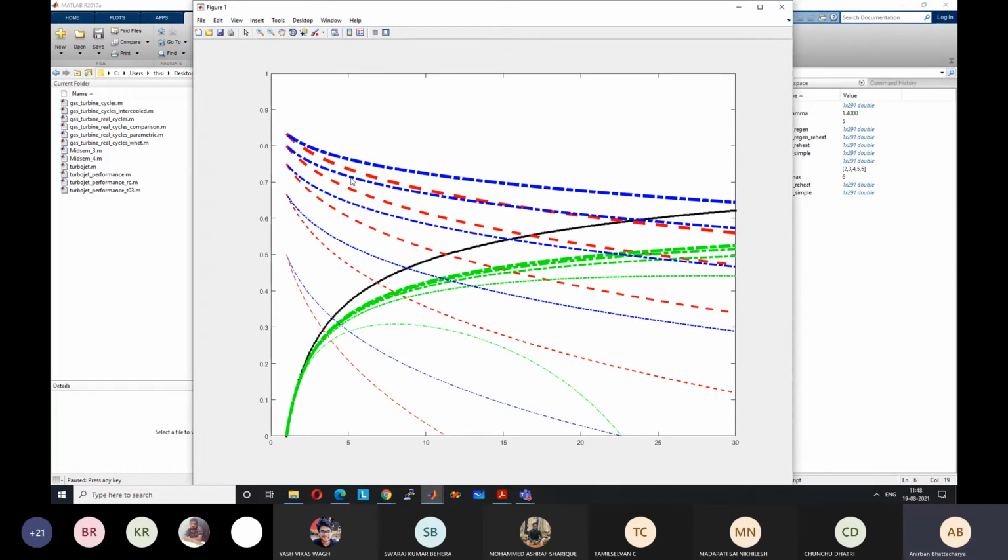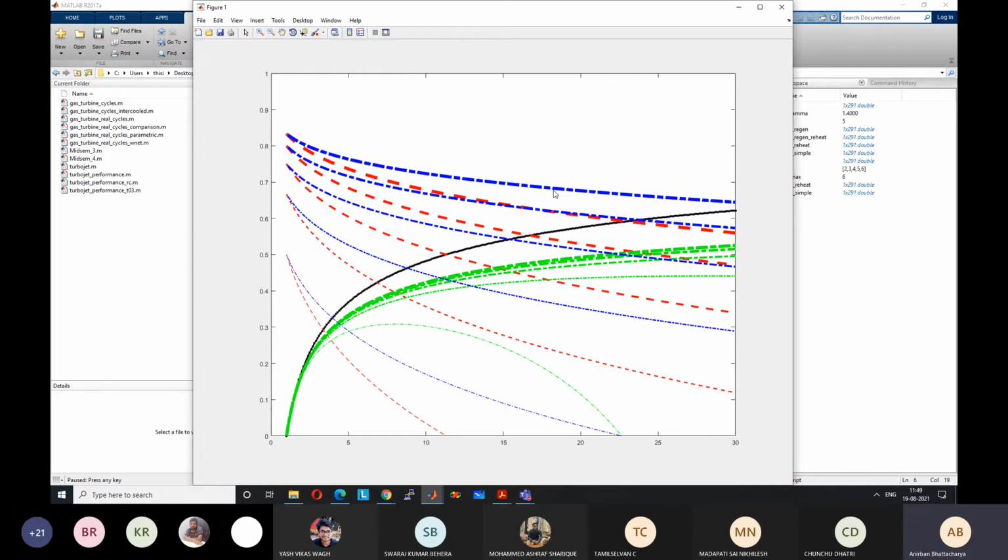And what is the reason for that? We have already discussed: because the scope for regeneration increases significantly with addition of reheat, and as a result, the efficiency actually becomes quite high. You can see that theoretically the efficiency is much higher at a normal value of say R 15 or 20. You get more than 70% efficiency. These are obviously theoretical limits. Practically, efficiency will be around 40% because of all the different types of losses. But theoretically, the efficiency is much higher. So very high efficiencies can be obtained if we use combined regeneration plus reheat.